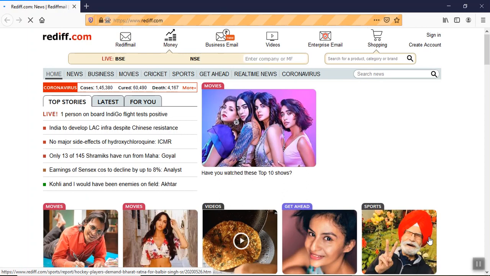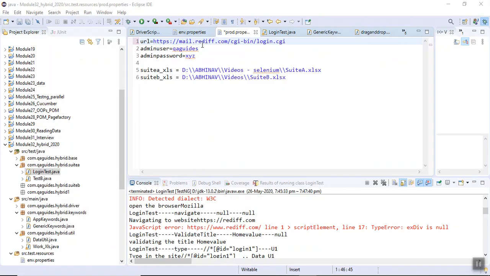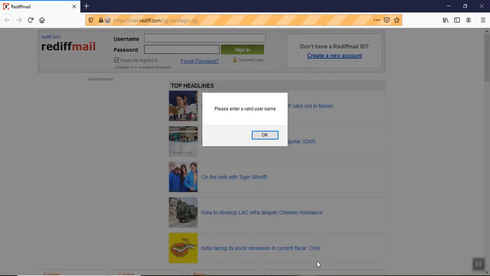Why this? Just give me a second. See, it was my mistake. I have to put this URL in prod.properties. Now let me run again. See, the browser has been launched and things have been done.